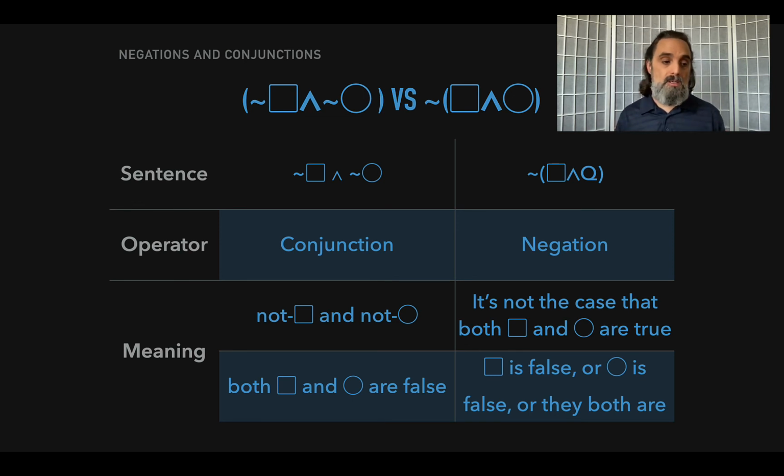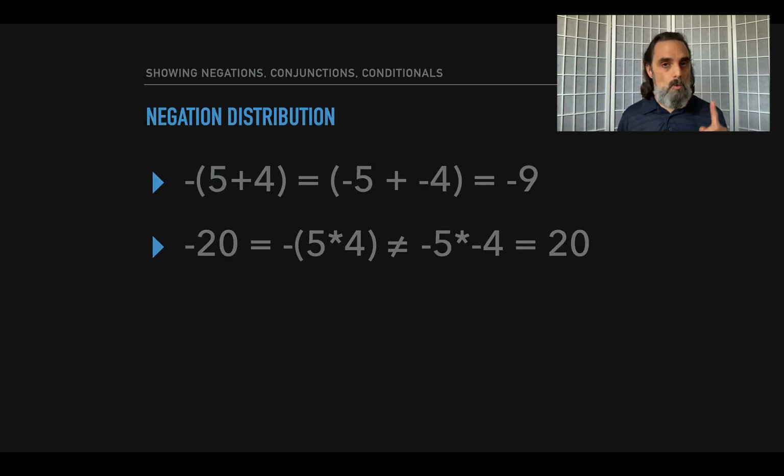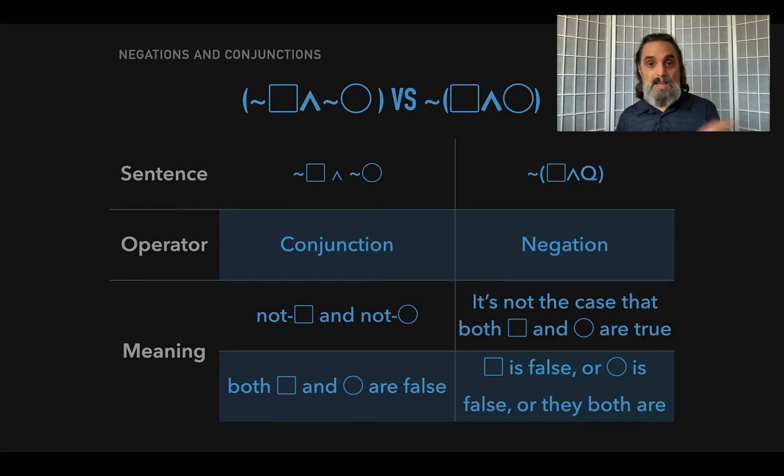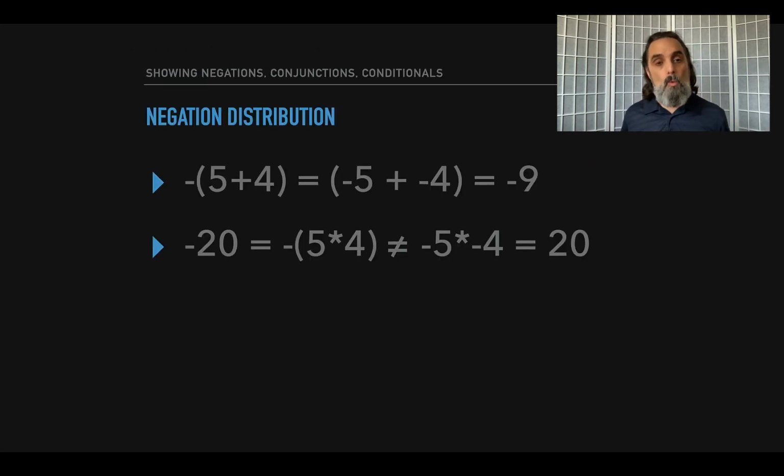So we can see that the negation of a conjunction and the conjunction of negations are different sentences, obviously, but we can see that they say different things as well. And so we want to keep that difference in our head separate when we're symbolizing and when we're working with these sentences and derivations. Then you might ask, okay, what does not box and circle mean? Can we move that negation inside in any way? Well,